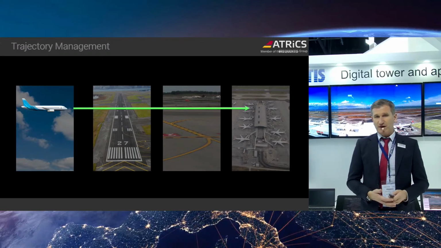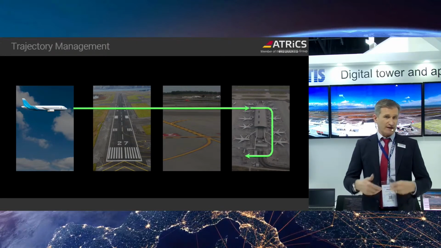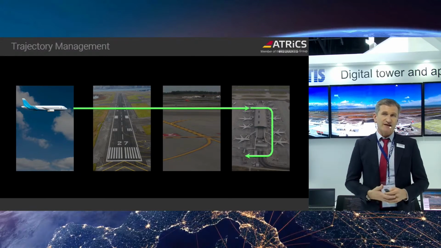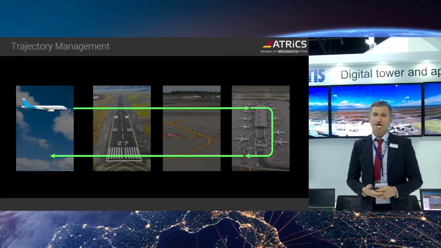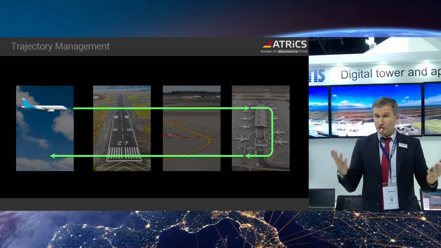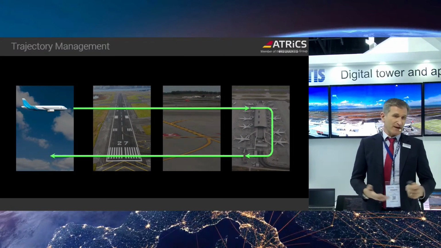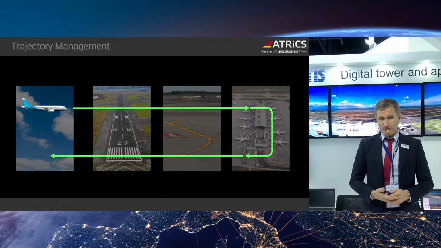We've got the inbound part, where an aircraft is cleared to land or to enter the control zone, touches down on the runway, vacates, taxis to the stand. And then we've got the turnaround process, where we also have, let's say, ACDM connections, departure sequencing, clearance delivery functions that support this turnaround process and the release of the aircraft so they can continue with the outbound trajectory: leaving the gate, pushback, engine startup, taxiing, lining up, or runway crossing, whatever is required, and then getting back to the airspace and onwards journey.